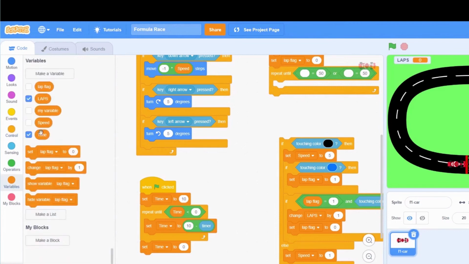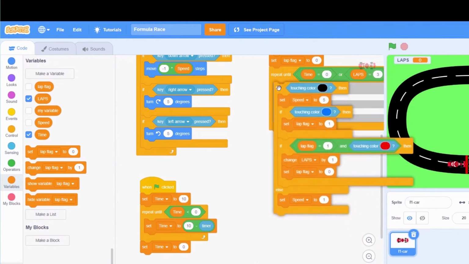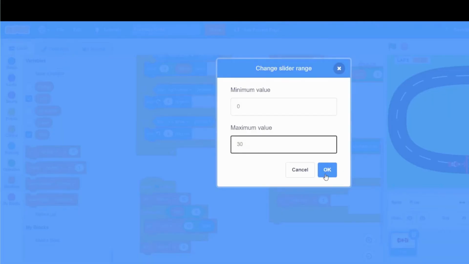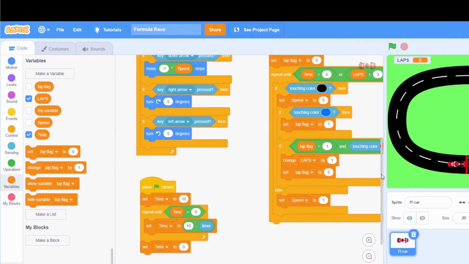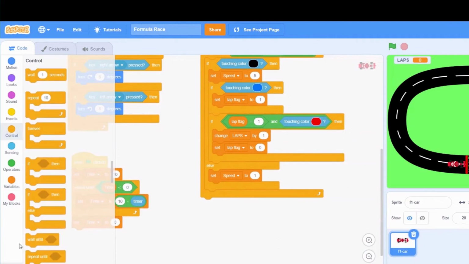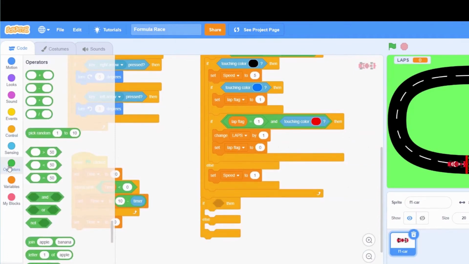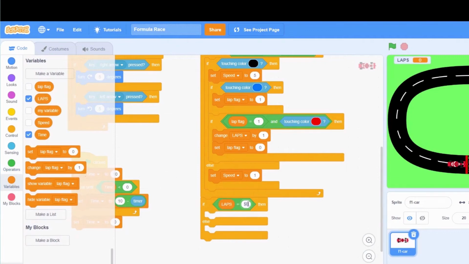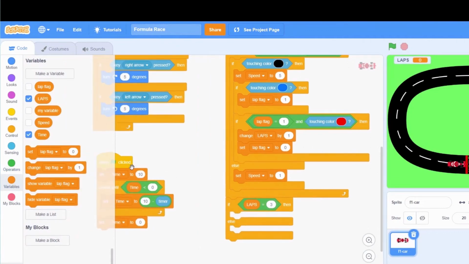For our game, let's keep the laps as 3 and time to be 30 seconds. When this loop finishes, we should check if all 3 laps are completed or not. If the player is successful, we will display a winning message. And if player fails, we will display a game over and stop everything.